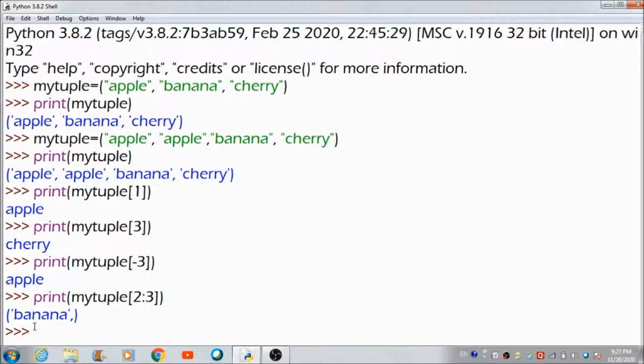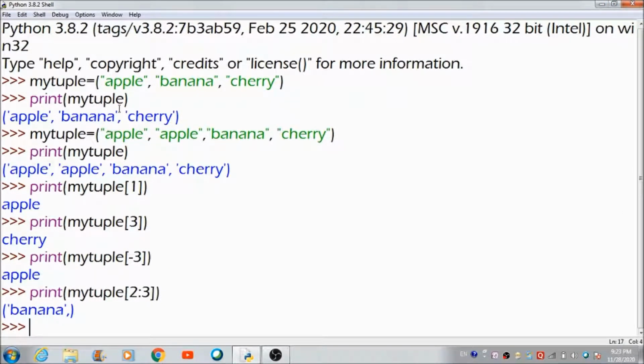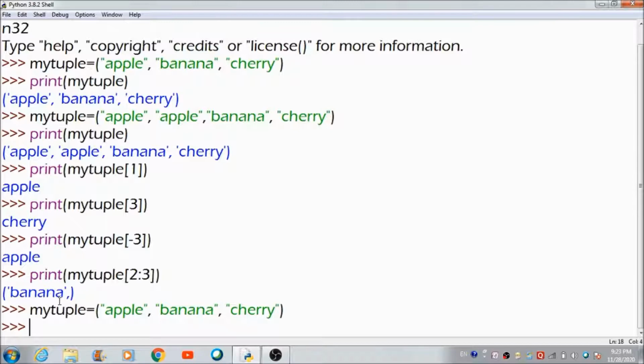Then let's see how we can update a tuple. Tuples are unchangeable, meaning that you cannot change, add or remove items once the tuple is created. But there is a workaround. You can convert the tuple into a list, change the list and convert the list back into a tuple. Let's understand it with the help of an example. At present we have got this tuple with us, in which there are 3 different items. Now let's convert it into a list, because tuples are unchangeable so we cannot modify it, but we can change it into a list using